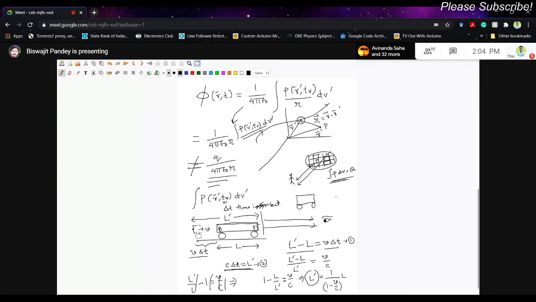This is a train. This is an observer. Again, a similar picture. The train is moving away. This is the front end, and this is the back end. Then consider the time difference between the light rays coming from the front and the back. Since the front is moving away from the observer, the back is also moving away from the observer.